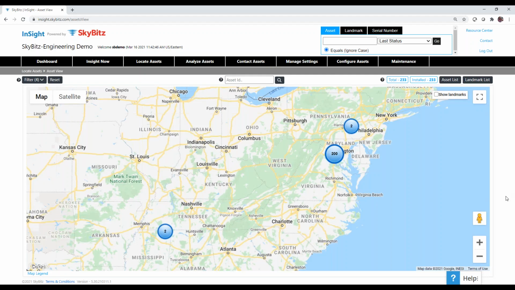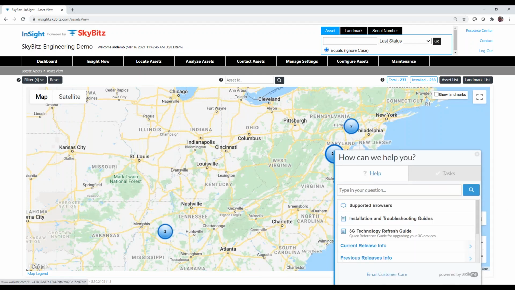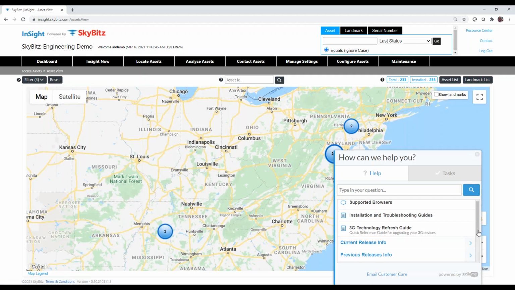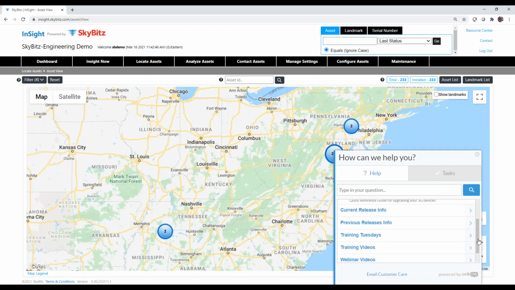And then there are two other sections I want to hit real quick before I open up to questions, if there are any. The Help section has always been very helpful to me in that I can go here and look for the newest information from Skybits to the customer, and I can direct people to the help section if I'm not available. We have a 3G technology refresh guide in here, current and previous release information